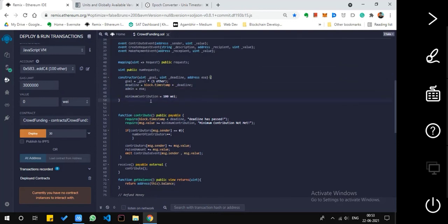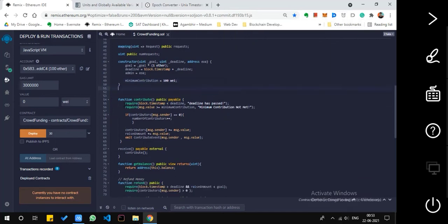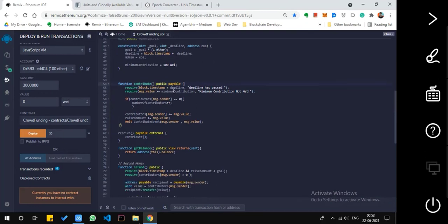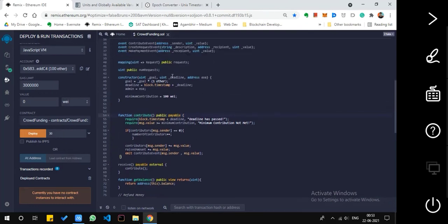Minimum contribution is 100 wei, like I said, and 100 wei is even less than the gas fees. So here's the contribute function. Whoever wants to contribute to our campaign